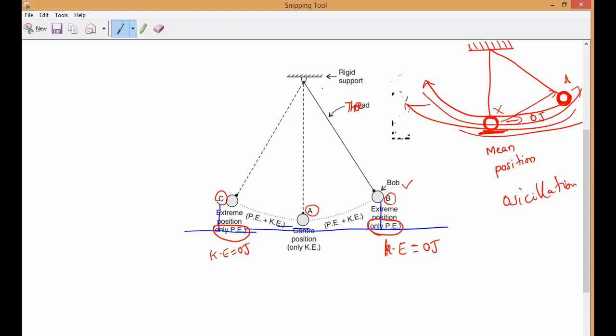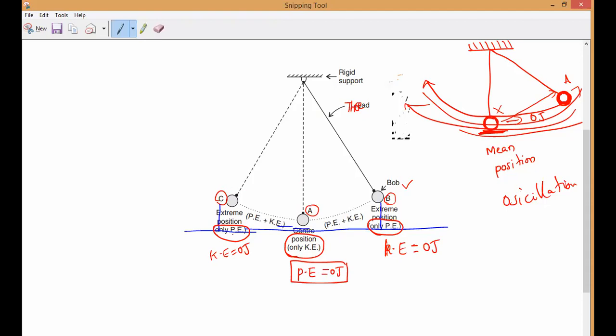Now, when it is exactly at the mean position or center position, which energy is present, Maunesh? Only kinetic energy is present. So in this case, potential energy will become 0 joules. Understand, Jayvarshini? So when the ball is oscillating, at extreme position C, let me imagine,